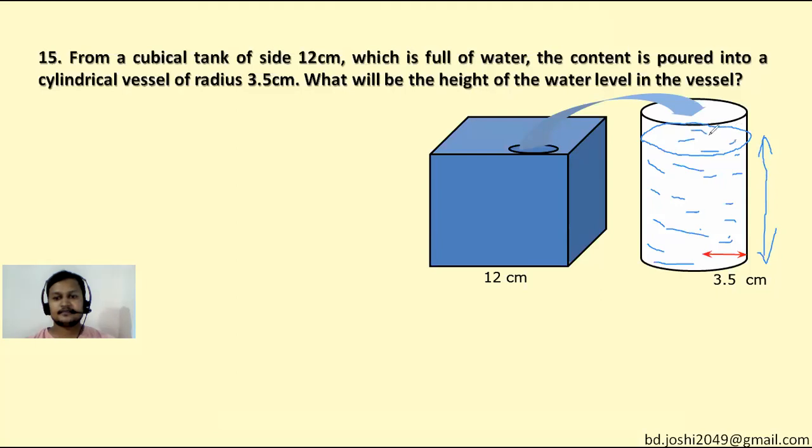So for that reason, at first we have to find out the volume of water which is there in the cubical vessel. यो cubical vessel भित्र भएको water को volume निकाल्नु पर्यो. And that volume is equal to the volume inside the cylindrical vessel. Cylindrical vessel भित्र त्यति नै पानी भरिने हो जति पानी cubical vessel भित्र छ. And we know the radius of cubical vessel. Cubical vessel को radius थाहा छँदैछ.